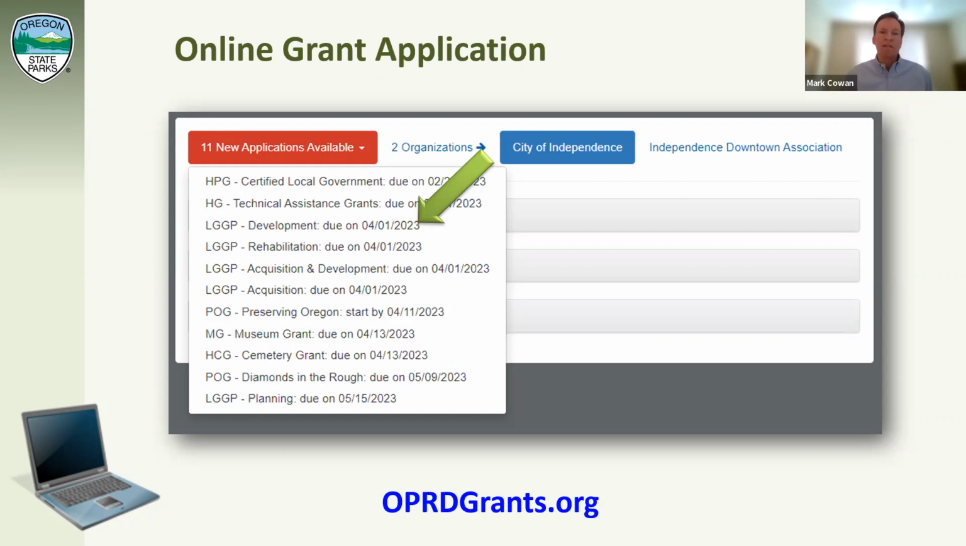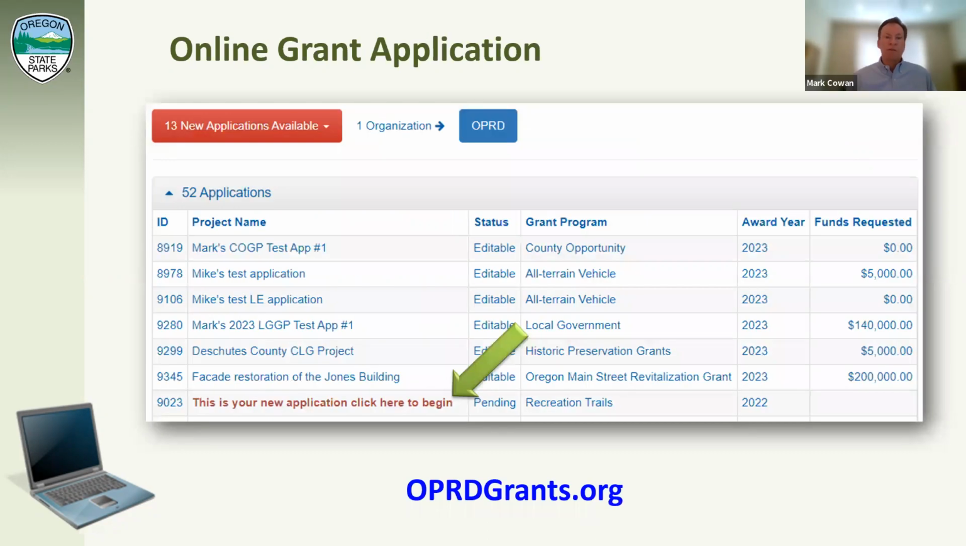The other applications that you see are all heritage related, and you might be interested in those too, depending on your interest. But you would click on the application you're interested in, say the arrow right now is pointing to the local government grant program development application. And then once you do, that will drop into your applications table, and it'll be titled as, this is your